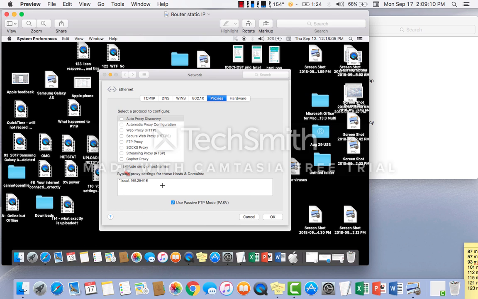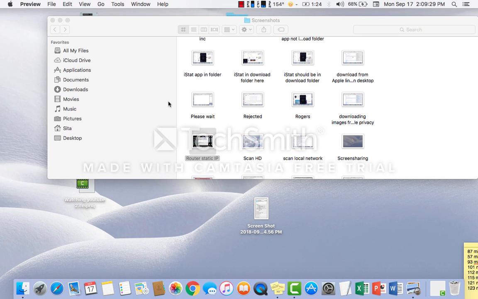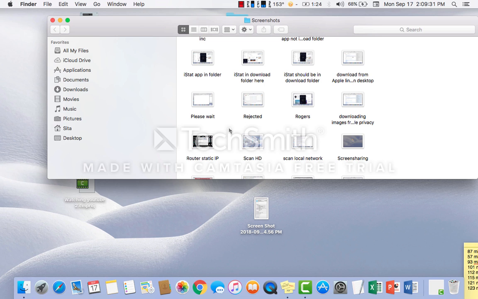169.254.16. Okay, and here I am chatting with Apple online. We're screen sharing with Apple. That's why the background is black. And I called Apple. I wanted to speak to them about nothing working on this computer. Number one, I could not access websites. That's already